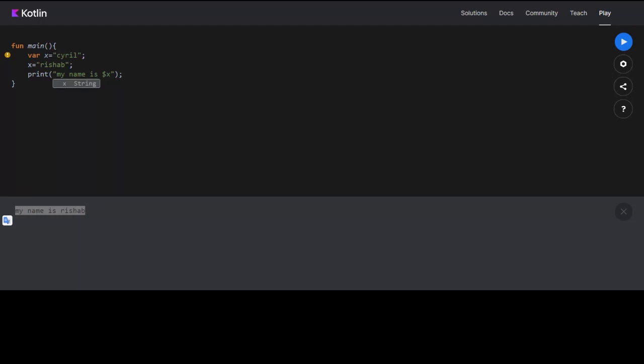To print dollar. One second. So I think we can move on.